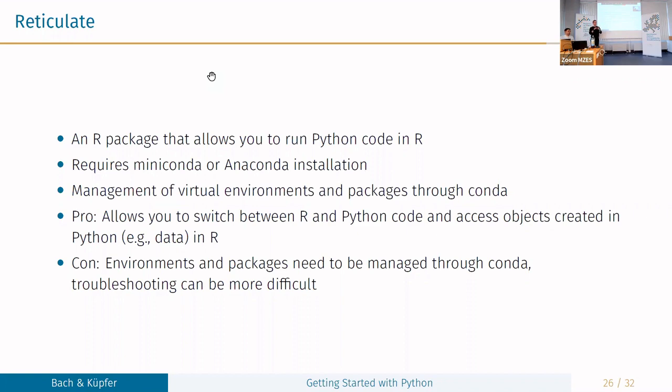I can only say the few things that I read, and I don't know if somebody else in the room knows more about that, but basically RStudio is also capable of running Python kernels now, which allows you to run just any Python script from RStudio. That's how I understand it. But Dennis, do you know?